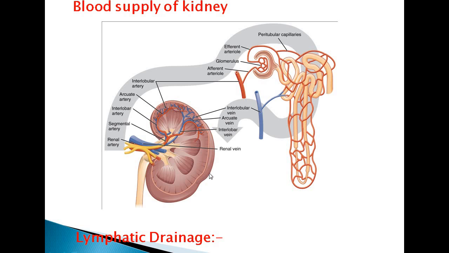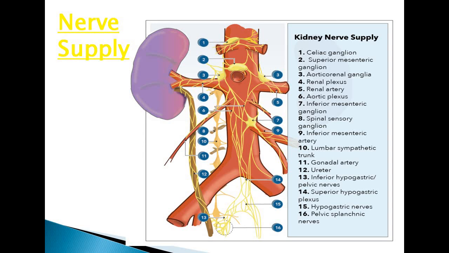Again, these are present surrounding the renal artery at the level of the second lumbar vertebra. The nerve supply: the kidney is supplied by the renal plexus, and these are nothing but offshoots from the celiac plexus. So in this diagram you can see this is the abdominal aorta, at the anterior side of which is the presence of the celiac ganglion, superior mesenteric ganglion, and this is the inferior mesenteric ganglion, and these two are the aorticorenal ganglia. The renal plexus is derived from these ganglia, which are nothing but offshoots from the celiac plexus. It contains sympathetic fibers from T10 to L1, which are vasomotor in nature.